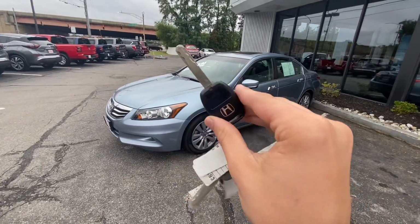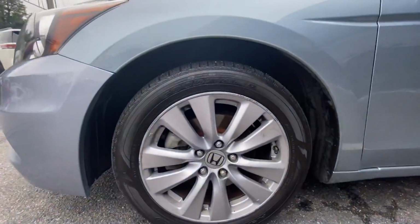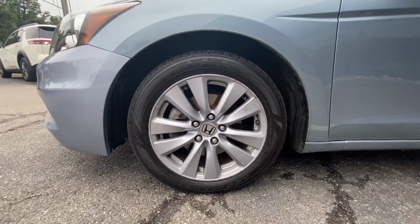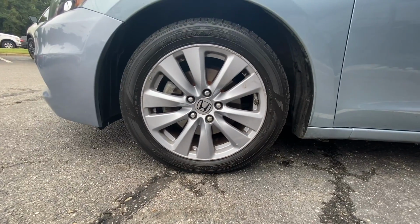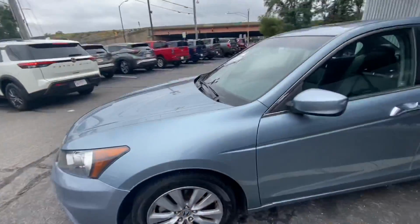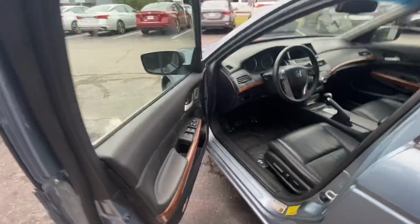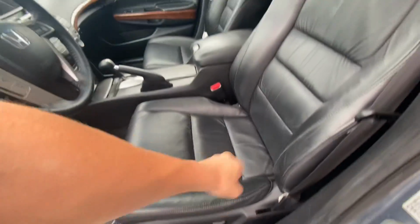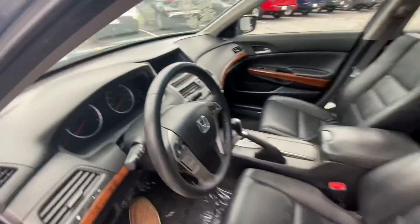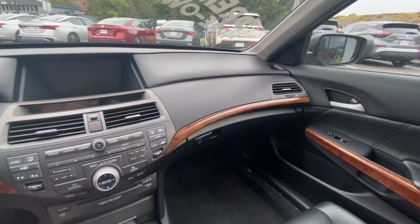Has your pretty standard older styled Honda key fob, as well as your alloy wheels. These are 17-inch 225/50 R17s. The EXL does get chrome door handles. And the L stands for leather, so this one has black leather interior. It's been pretty heavily requested to do an 8th generation Accord. You guys like these older Hondas, so